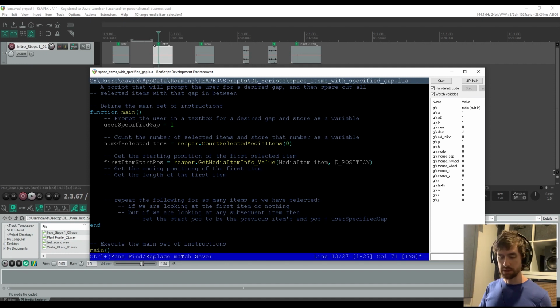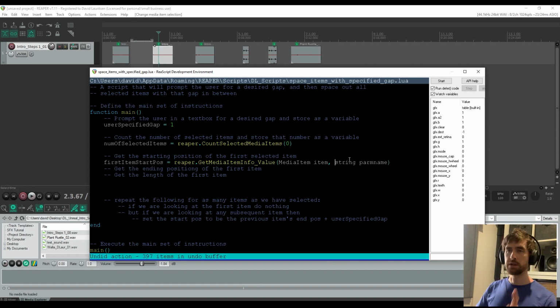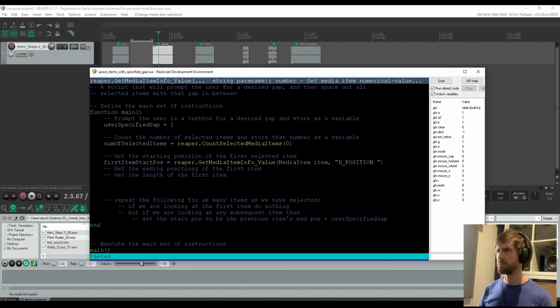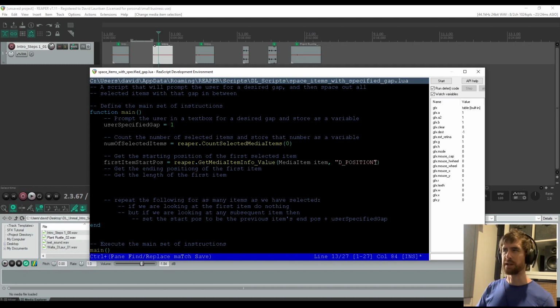It needs to be in quotes. And the clue that it needs to be in quotes is that it's a string. So this needs to be in quotes, D position, without the space on the end. Notice how when I copy and pasted it, the space came along for the ride. I assume that means it's not going to work because a space is a part of a string. So we need it to be exactly as it should be without the space. So that'll get the